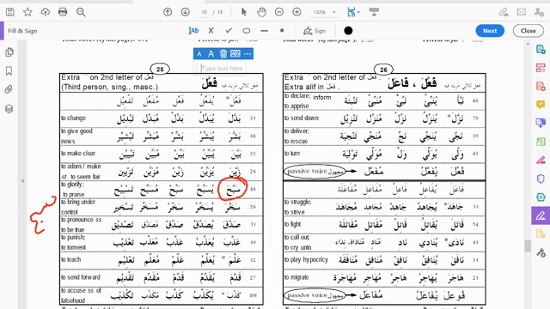Sakhara. Here it says to bring under control, which is to subjugate. So sakhara, subjugated, which means to bring under control, but it's just one word. Yusakhiru, subjugating. Sakhir, giving him an order, subjugate. Musakhir is basically the person that's subjugating or enslaving, I guess. Taskhir is subjugation. So it's basically the actual part of subjugating, I guess.